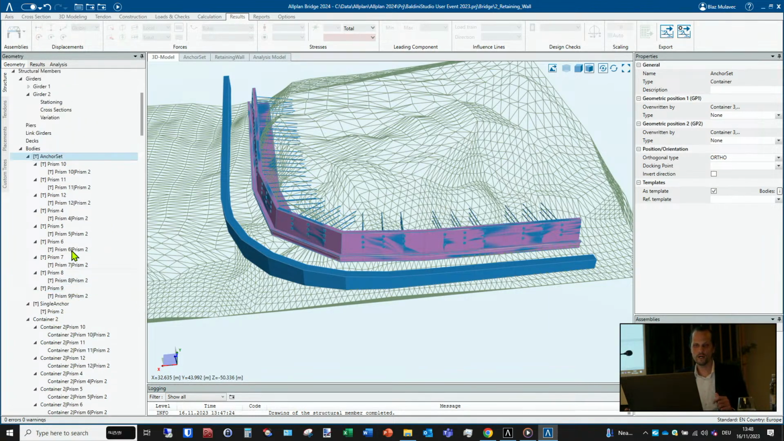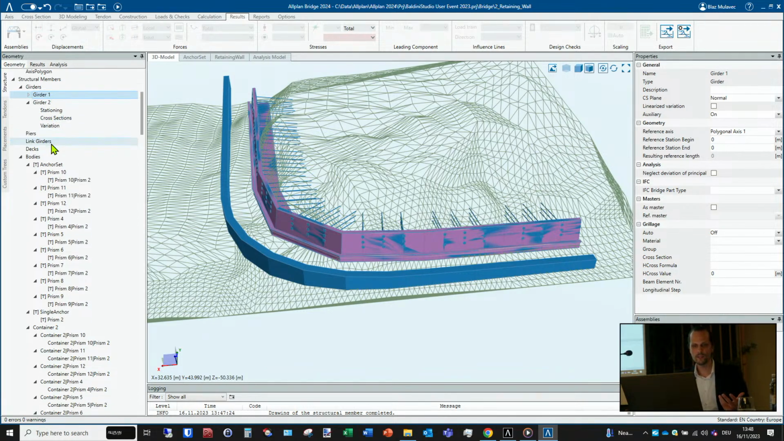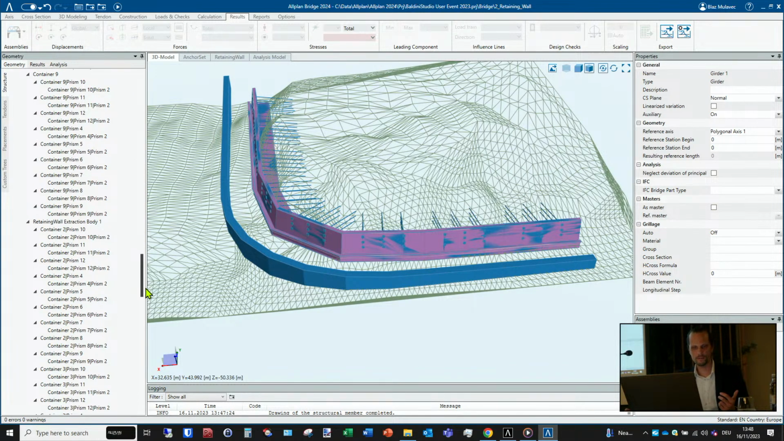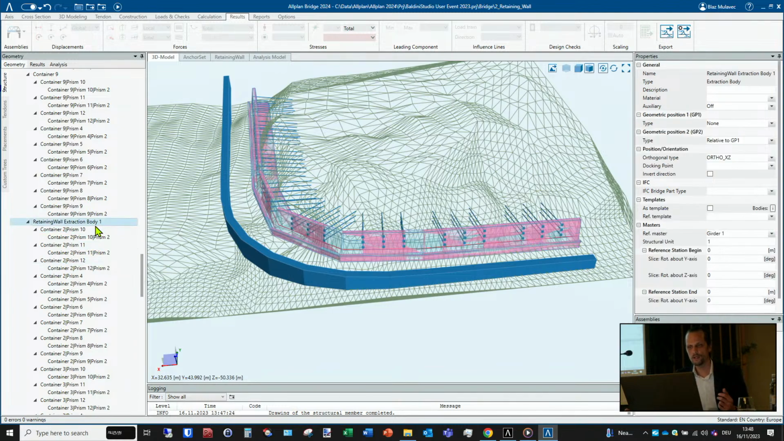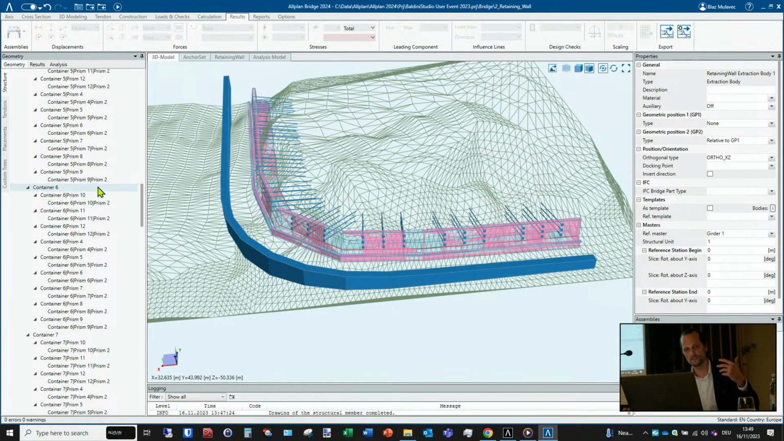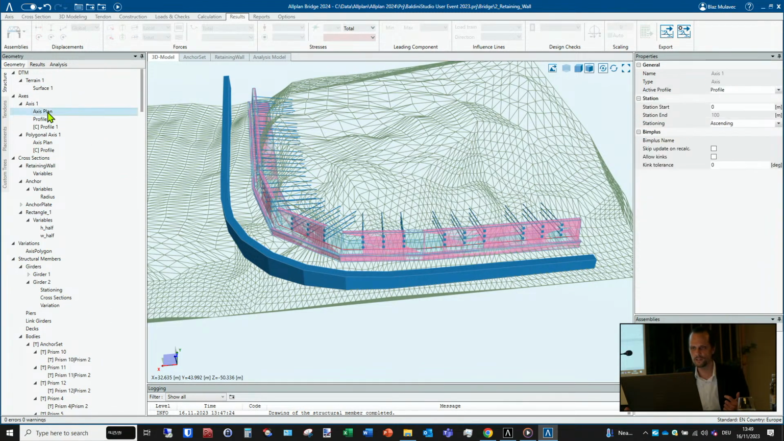Further, out of our axis-based modeled retaining wall, we have the possibility to create a so-called extraction body, which becomes a body which we can use for free parametric modeling. But this body always stays completely connected to our girder, to our axis-based design girder, meaning that if we change our axis, for example, somehow,